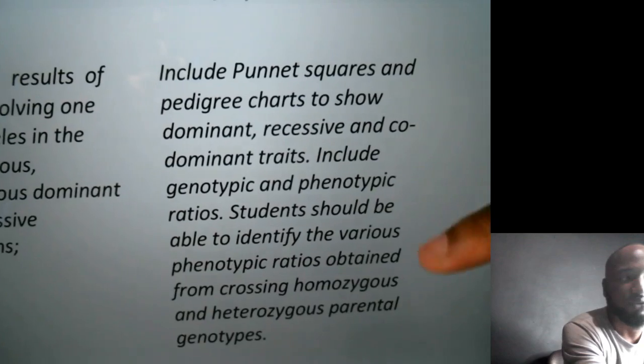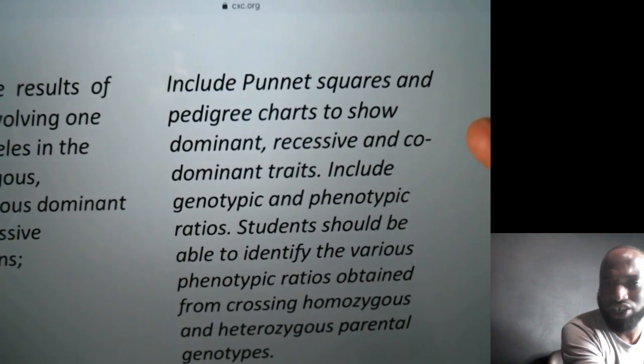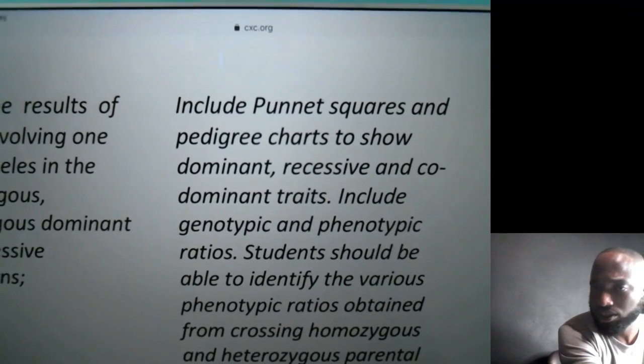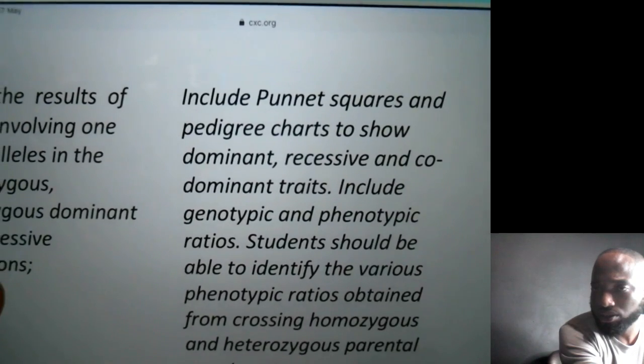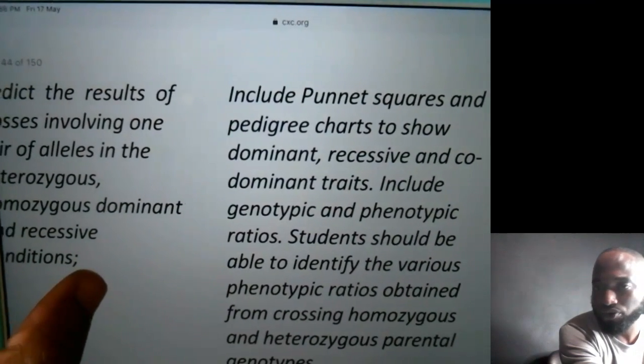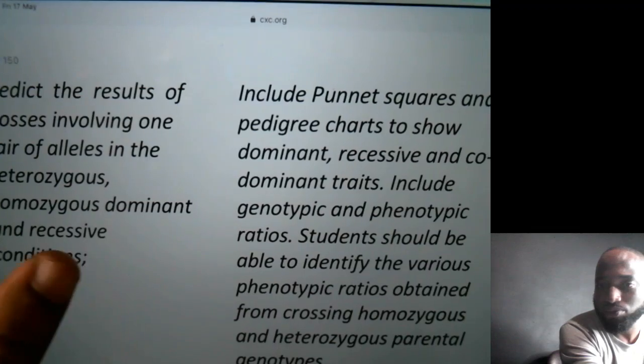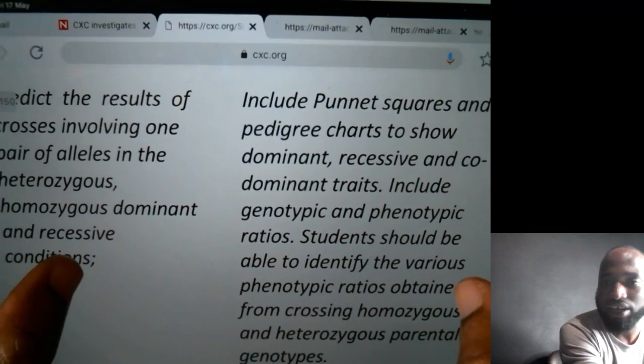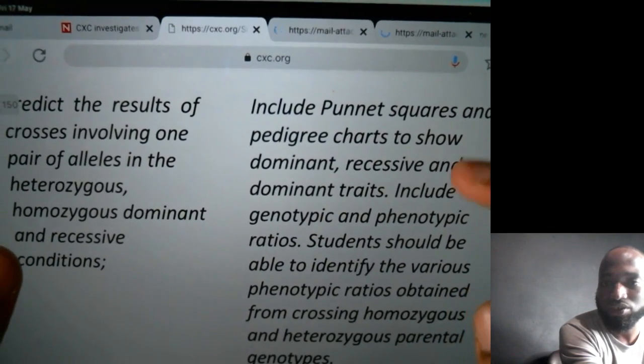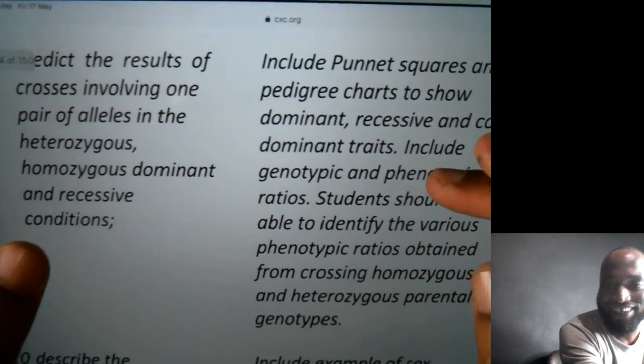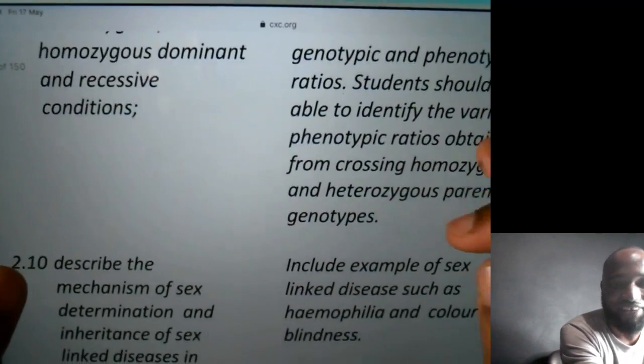Yeah, so this was the question, except the chart. I'm not too sure about the chart. This is the bio syllabus we are going through. Heterozygous is different. Homozygous means the alleles are identical. Hetero means different types of genes. Homo is the same. Right, so we have that.